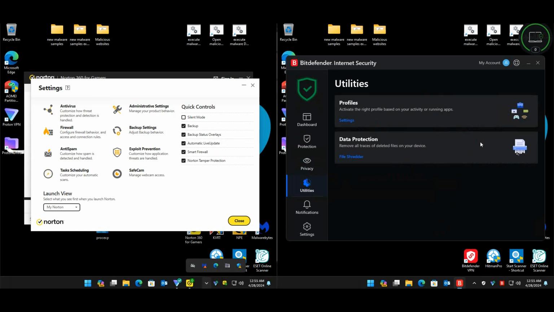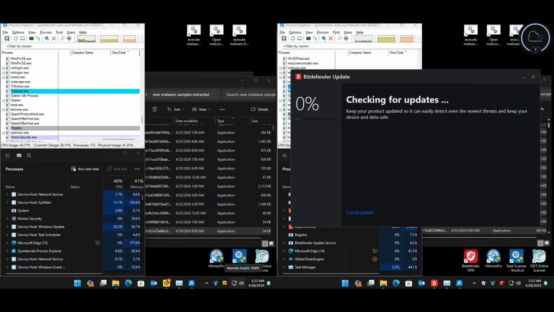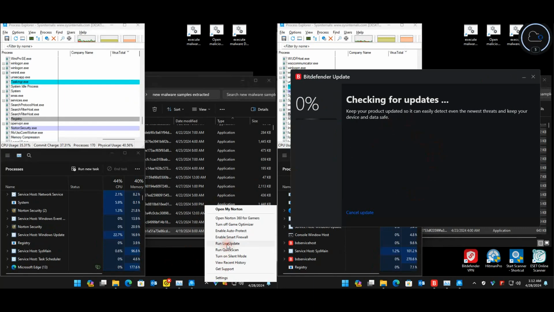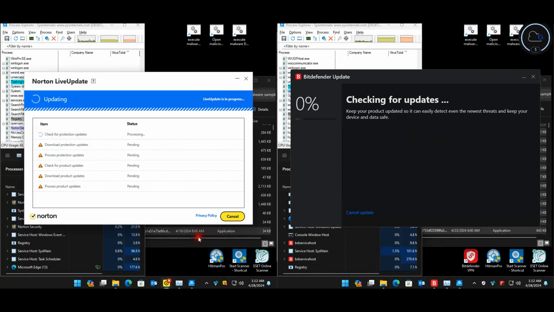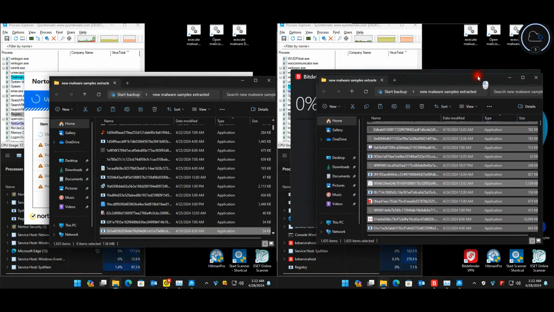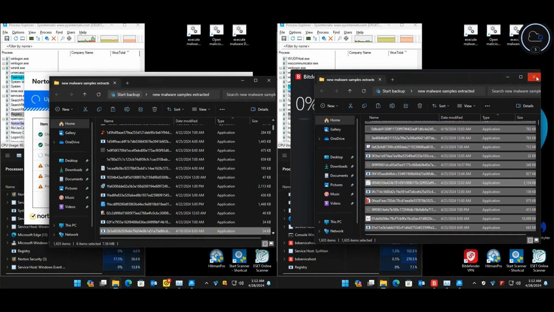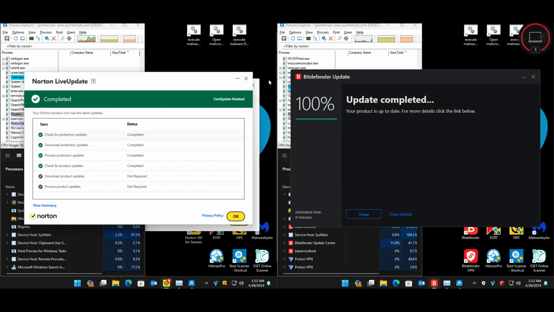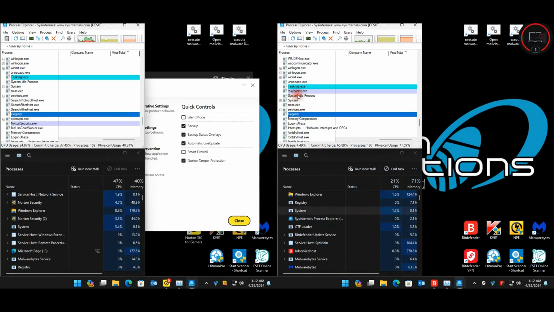We're gonna disable the protection to get the nasties extractors, and then we'll jump into this test. Okay, so the nasties are extracted, so I've already started the process for Bitdefender to check for updates, because I know Bitdefender does take a little bit of time. So let's quickly do that for Norton as well. So now our sample count is 1635. These are the exact same samples we detonated on the ESET and Kaspersky VM, except for the couple of new ones we added. So there are a couple of new ones that we did not do on Kaspersky and them. Now they're both up to date, so I think we can then